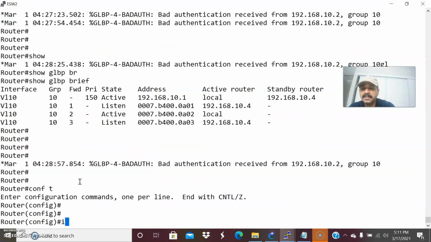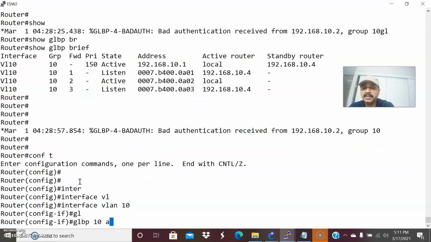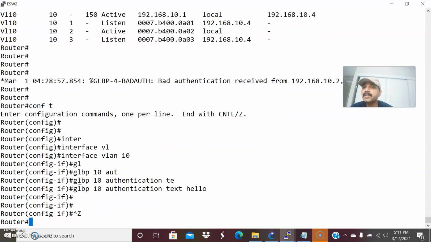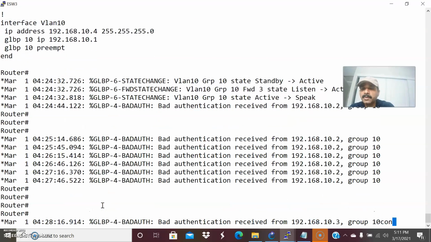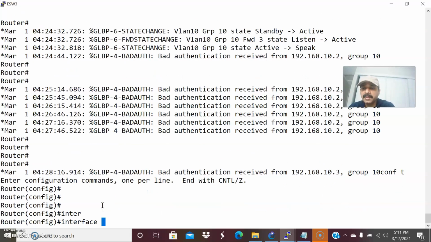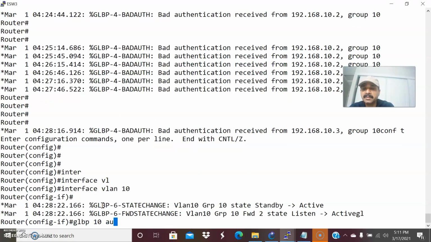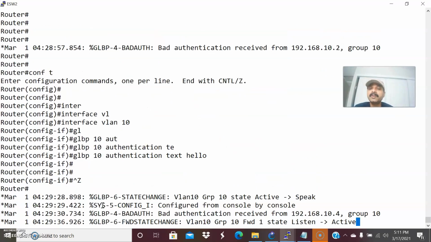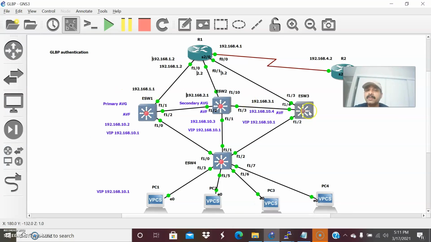Go to configuration mode, interface VLAN 10, GLBP 10 authentication text hello. In a similar way on the third router, ESW3, go to configuration mode, interface VLAN 10, GLBP 10 authentication text hello. Now I have configured the same authentication text value on all three routers.